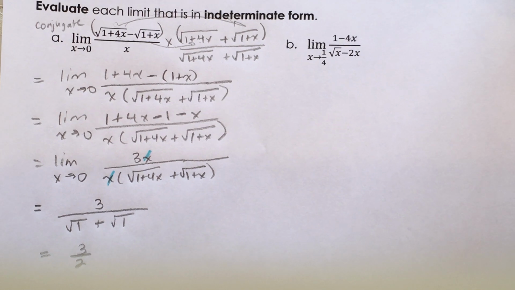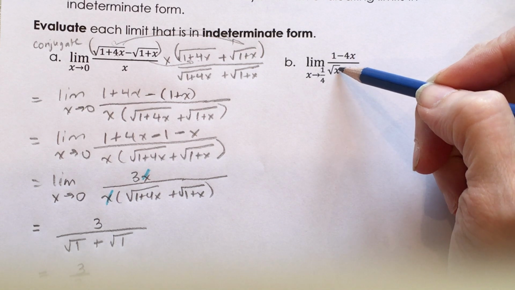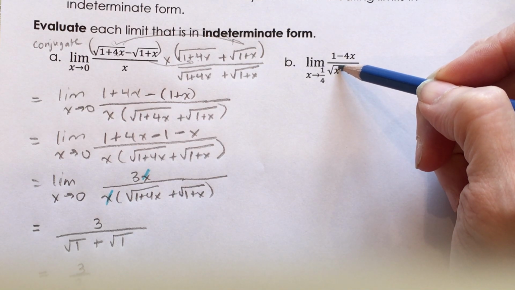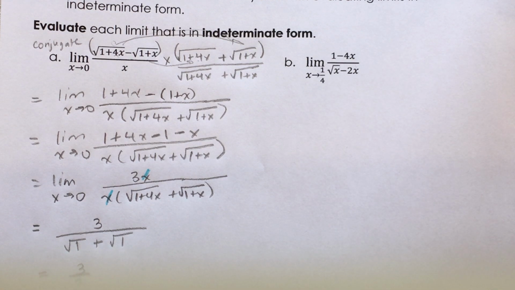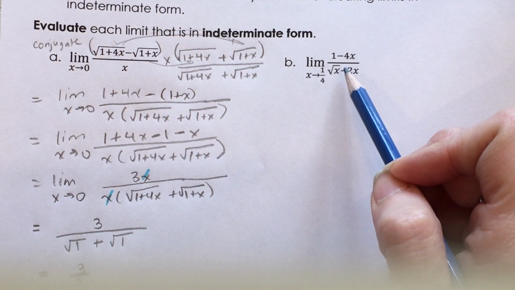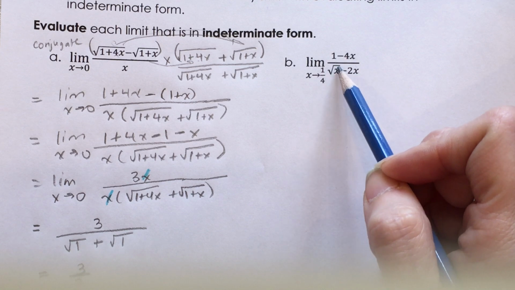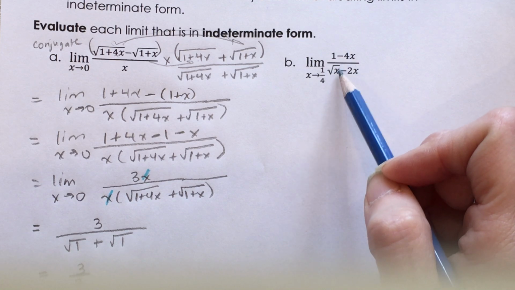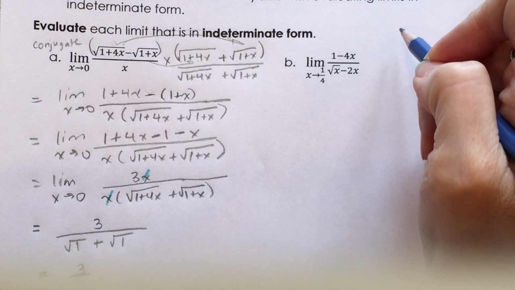Okay, next one. Next one, we've got limit as x approaches a quarter. So again, we could see if we substitute in a quarter here, we're going to get the square root of a quarter as a half minus 2 times a quarter, which is a half. So we can't just substitute, as much as it would be nice to be able to do. You might think conjugate because you see the square root. But because it's only the square root of the x here, change of variable might be better. So we may want to let